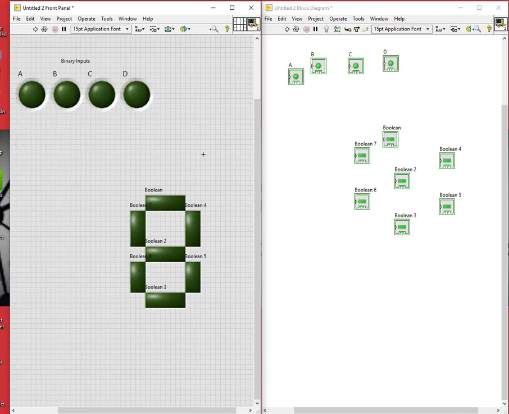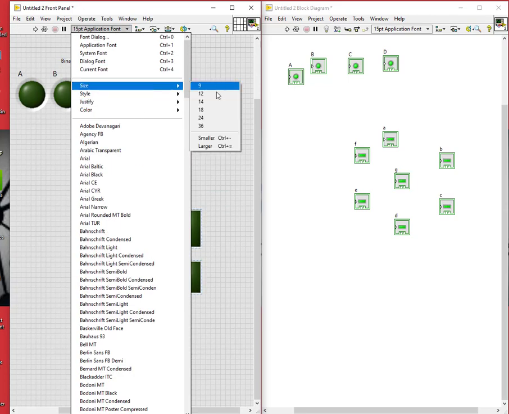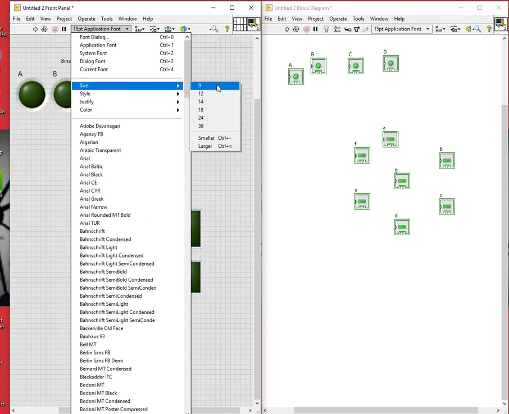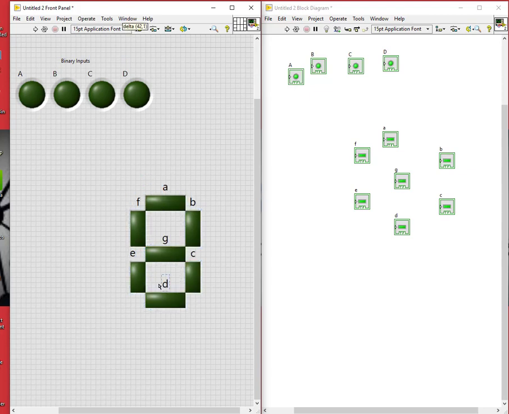I think you have encountered the 7 segment display, so I just change the names of these booleans also. Name it as A, and for the visuality, I'll just increase the size. If you wish, you can increase it, or else you can go with the same size. No issues. So you can see here the 7-segment display is placed and the binary inputs are ready for the input.